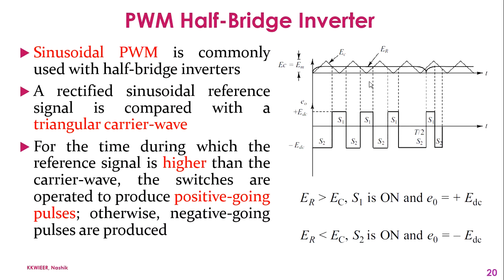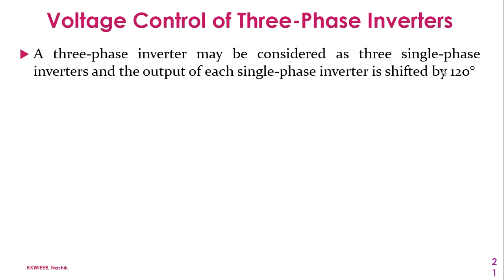If ER is greater than EC, then S1 is on and the voltage E0 will be plus EDC. If ER is less than EC, then S2 will be on and E0 will be minus EDC. A three-phase inverter may be considered as three single-phase inverters, and the output of each single-phase inverter is shifted